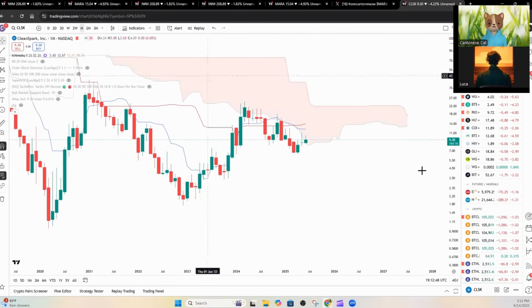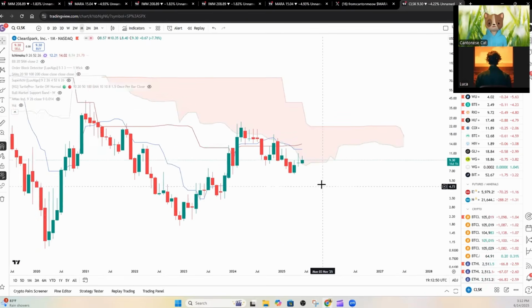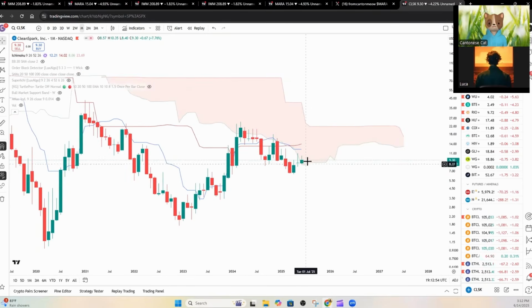I know you're not usually one of those folks that look at the Ichimoku Cloud. I just thought it was interesting that it re-entered the Ichimoku Cloud this month after being rejected for so long. And the more you test the resistance, the weaker it gets. I think we finally entered the cloud. So, fingers crossed, and let's see whether or not we can gravitate back up to here one level at a time.